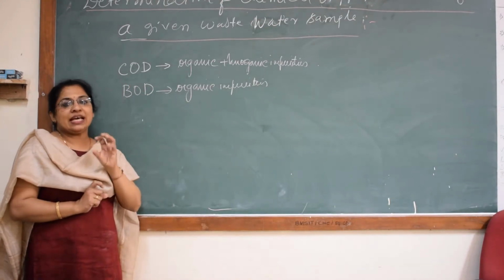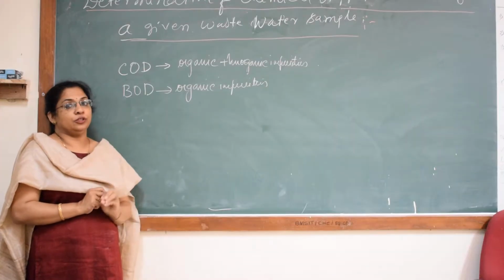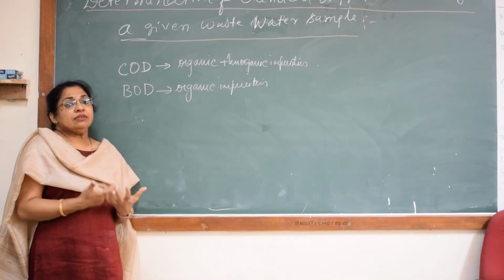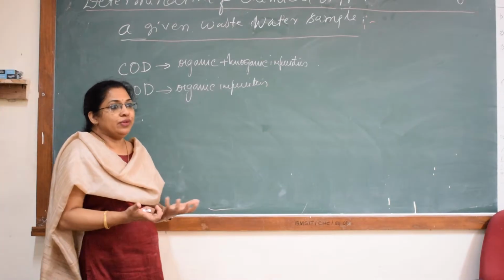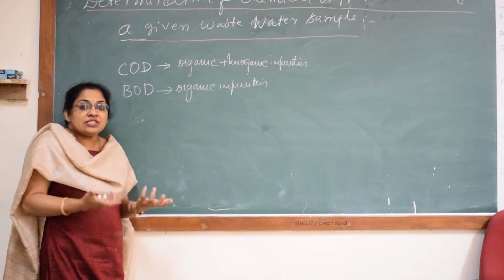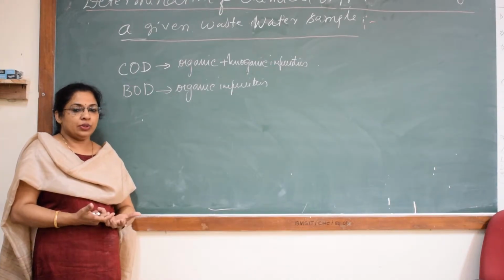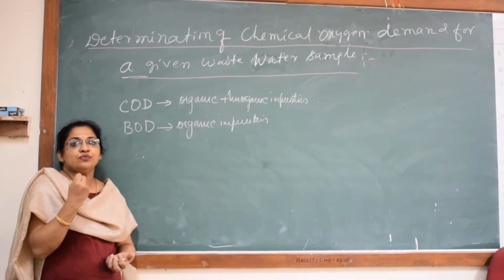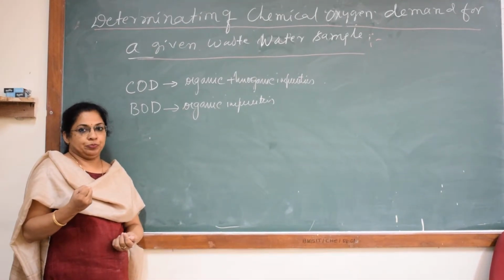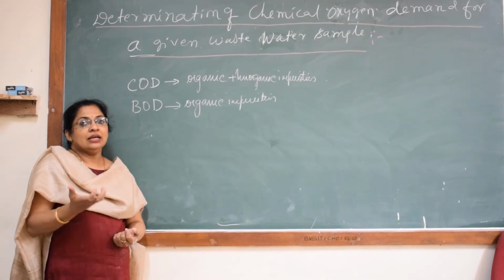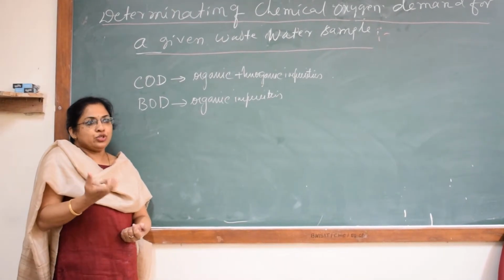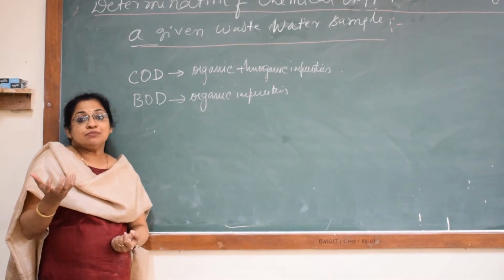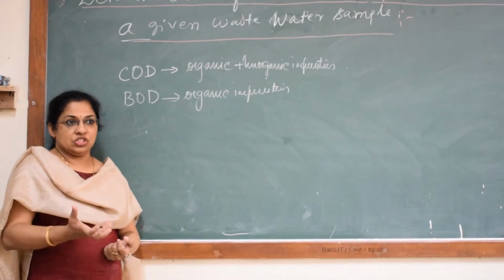So when I say COD is actually a measure of impurities present in water, then why is it called oxygen demand? That's the next question. See, it's called oxygen demand because you know very well that for the oxidation process, oxygen is required. That means impurities are demanding oxygen for undergoing oxidation. So impurities undergo oxidation by absorbing oxygen. Usually, in naturally occurring biological decomposition, these impurities absorb oxygen from the dissolved oxygen.